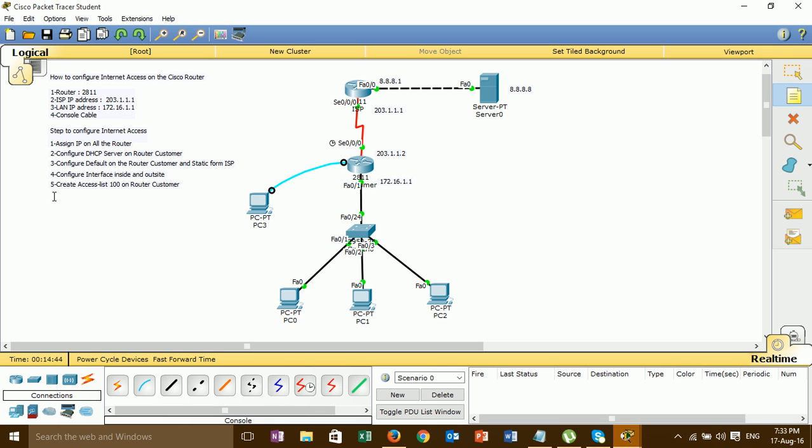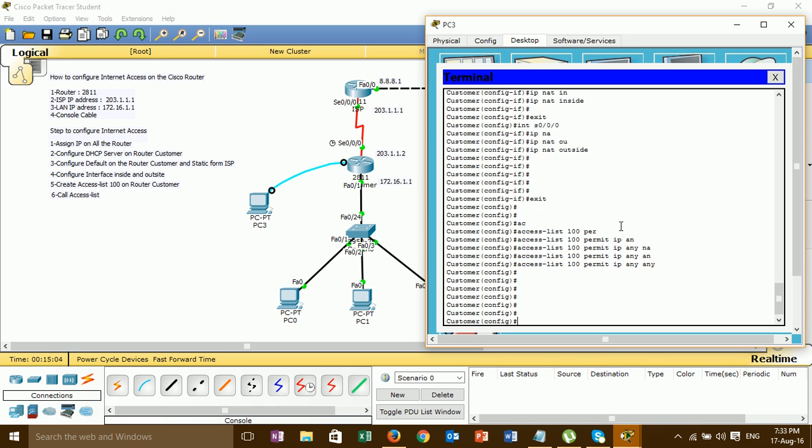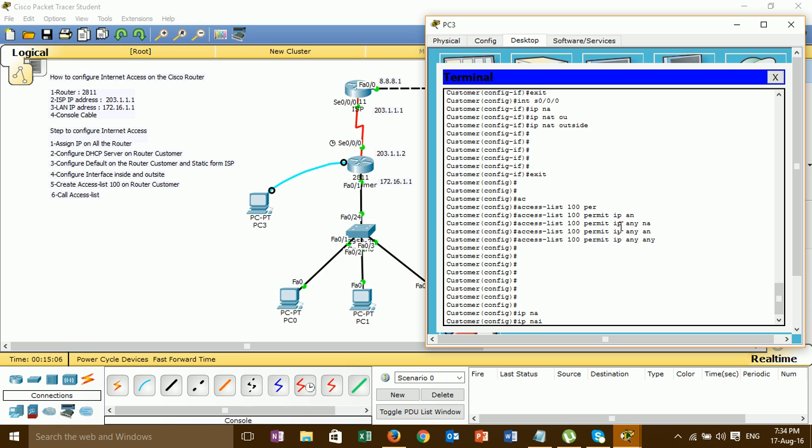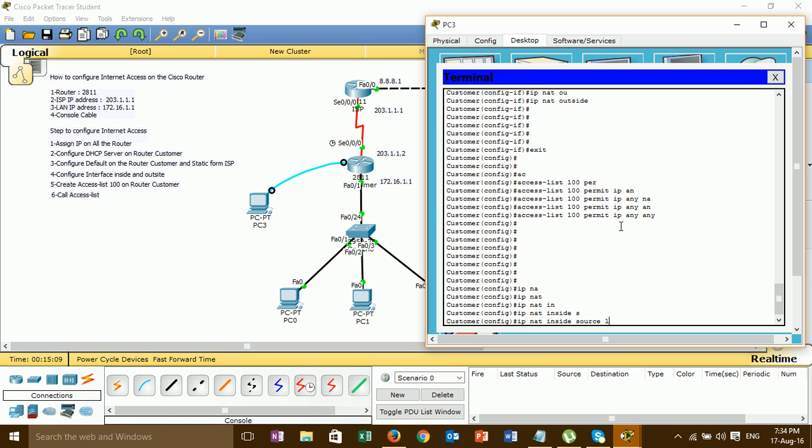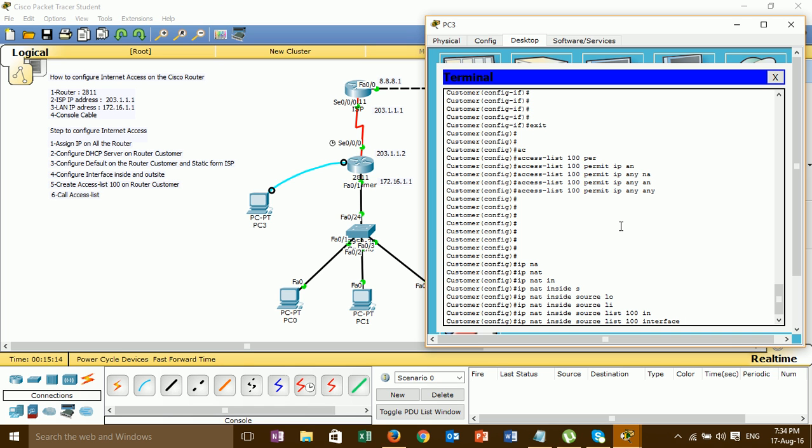Step 6, call the access list. IP nat inside source list 100 interface serial0/0/0 overload.